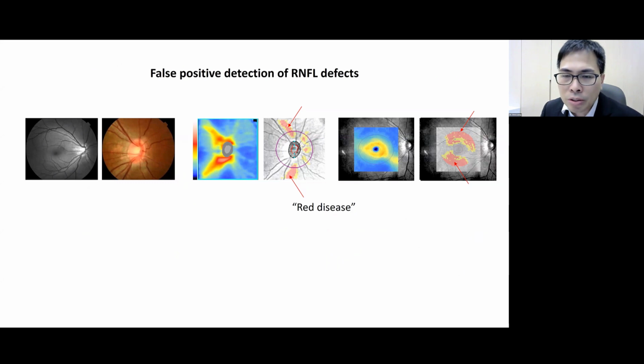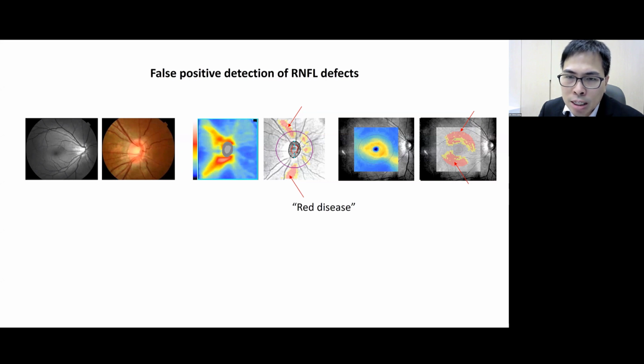But then I would also like to say we need to be careful in the interpretation of the OCT printout because sometimes we do see false positives, particularly in eyes with myopia. Here is a case demonstrating that in the thickness map, you see red or thin retinal nerve fiber over the infratemporal side and supratemporal side. However, when you look at the deviation map, you see, hey, this is a normal retinal nerve fiber thing that's highlighted in those printouts. But in fact, it is